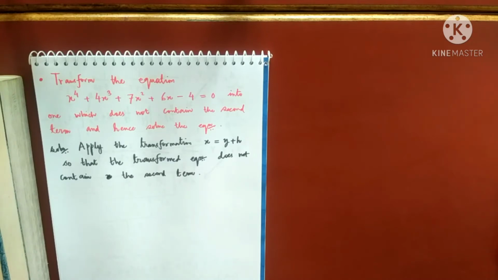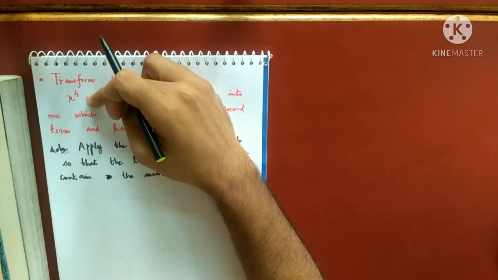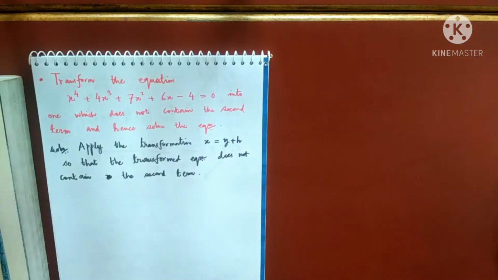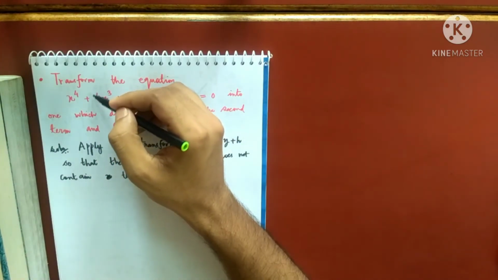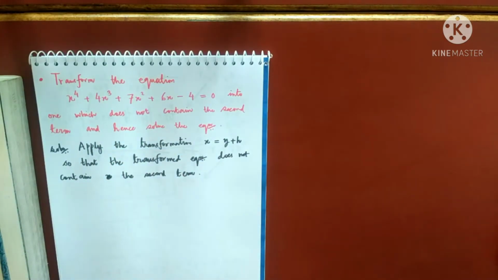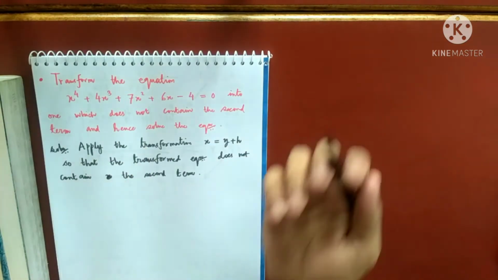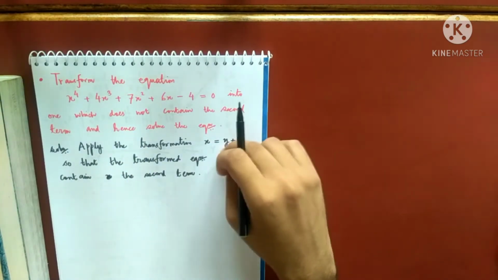Multiplying the roots by some number cannot vanish the x cube term, because when you multiply the roots by some number, this will also get multiplied. So there is no chance to remove this. Same for the reciprocal part. So the only transformation left to us is either to add some number to all the roots or to subtract some number from the roots. Then only can we expect that the term containing x cube may be absent. So that is the reason I am applying this.